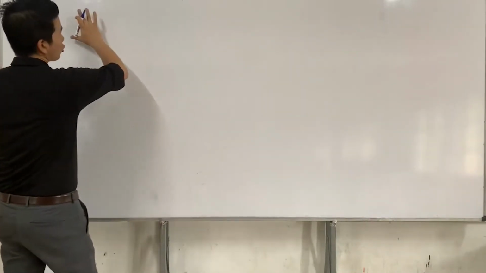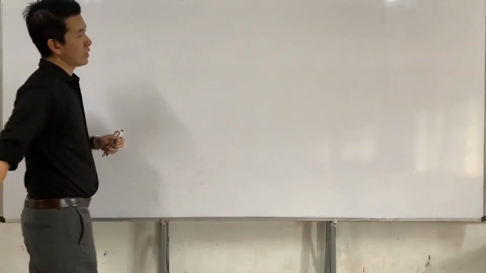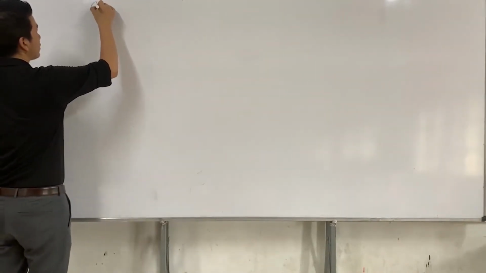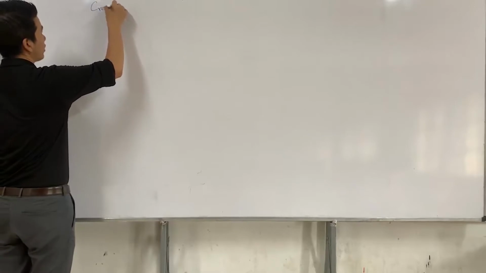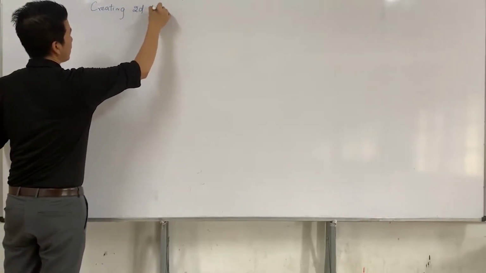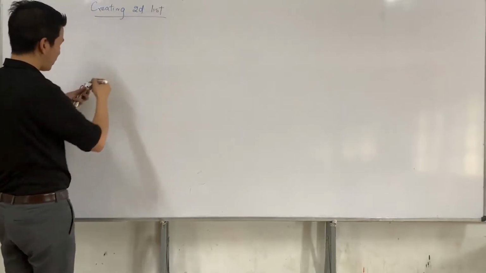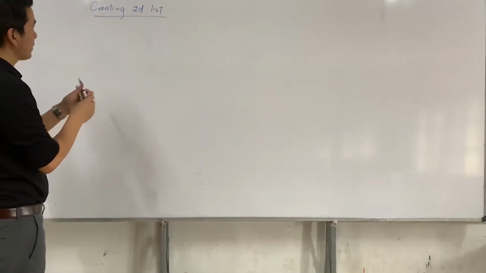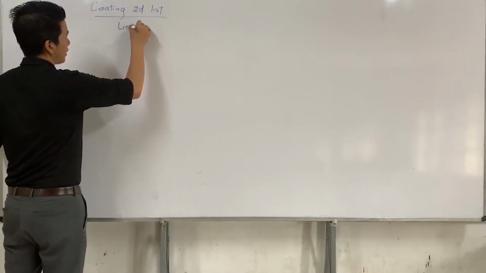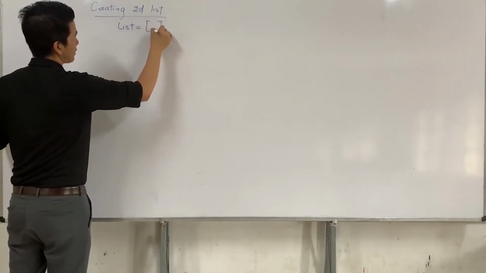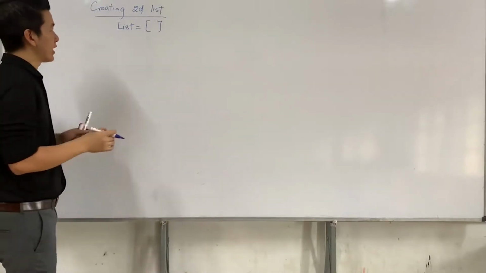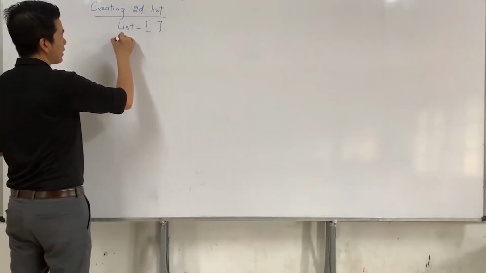Now let's say I would like to create a 2D list. Okay, so the first question will be creating a 2D list. As usual, let's have the empty list. Now this is the list in which I would like to create the 2D list or the nested list, and then I'll need the